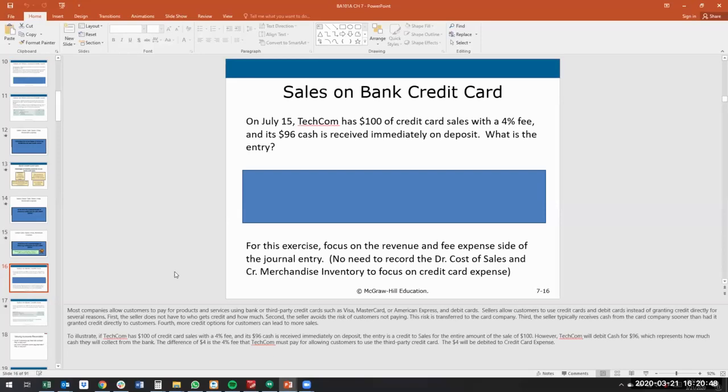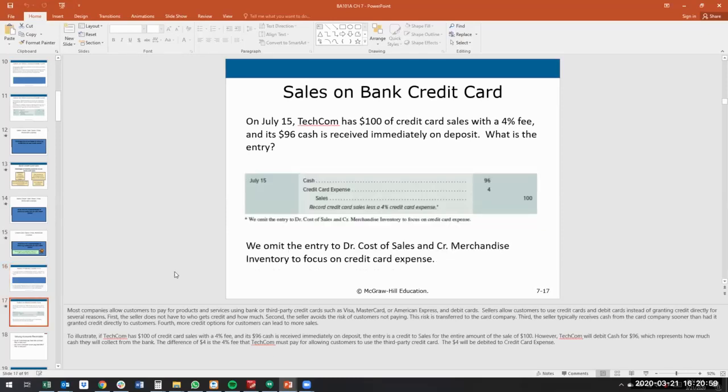So, sales on a bank credit card. On July 15th, we have credit card sales related to a bank credit card that has the 4% fee. So let's say Visa. What is the entry? So in this case, since it's no longer our credit card, it's not the Target credit card, it's a bank